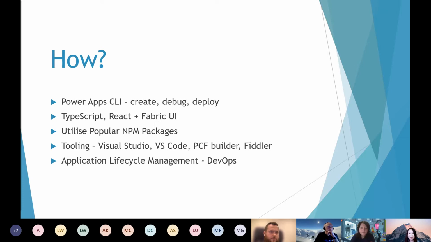My favorite tool at the moment, or actually will be for this particular one, would be Visual Studio Code, because it makes it so much easier when you're doing client-side coding, and plus it has awesome extensions like PCF Builder that Danish has built that you could utilize for your development of the PCF control. Fiddler I use quite often to debug the control against the actual system. And lastly, the PCF controls can be easily CI/CD'd using Azure DevOps or GitHub Actions, and you can deploy to other downstream environments.